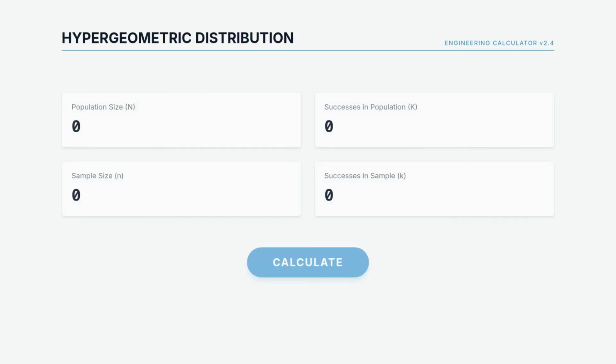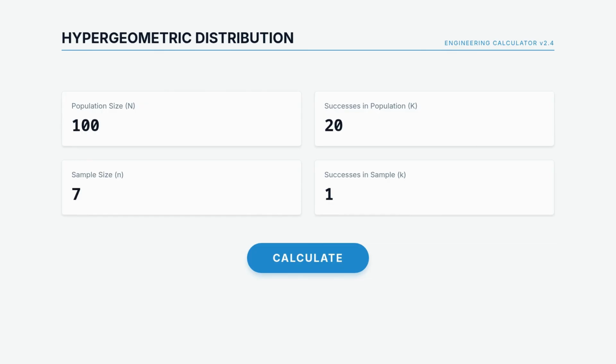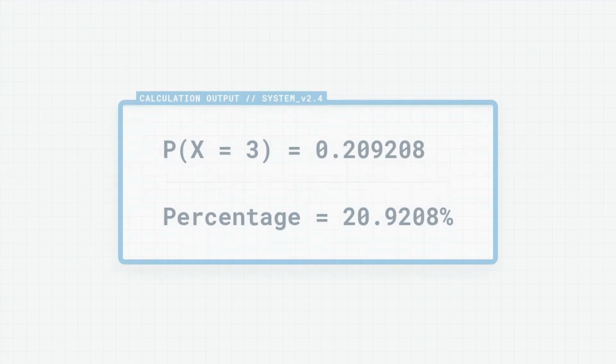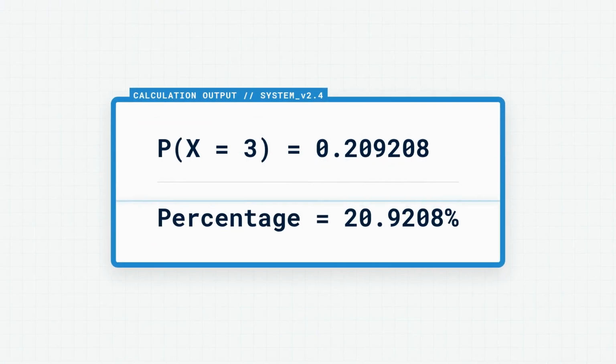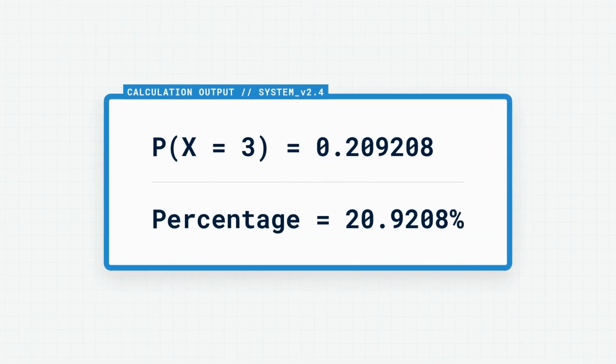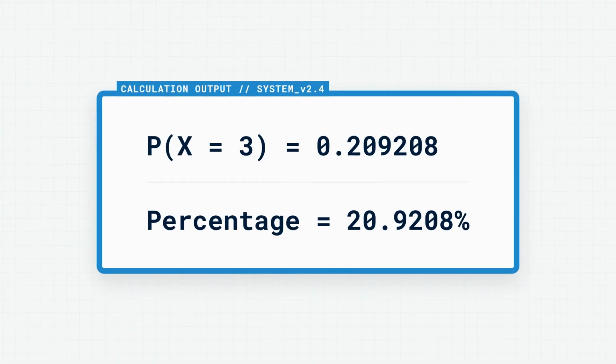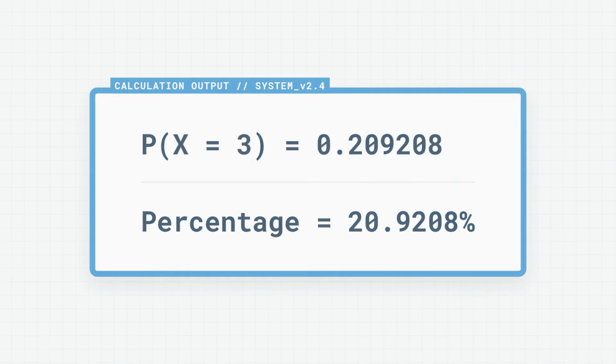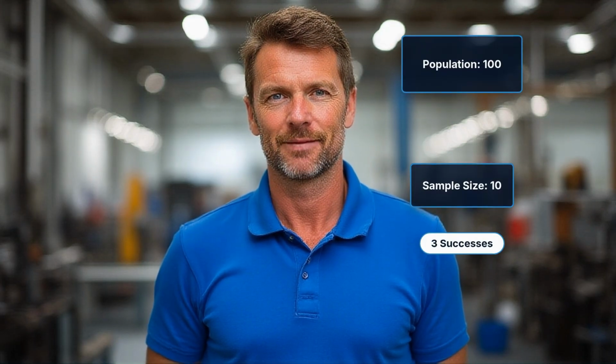Here's a worked example. With population size 100, successes in population 20, sample size 10, and successes in sample 3, click Calculate. The output shows P_X(3) equals 0.209208, which converts to a percentage of 20.9208%. This represents the probability of getting exactly 3 successes in a sample of 10 drawn from a population of 100,